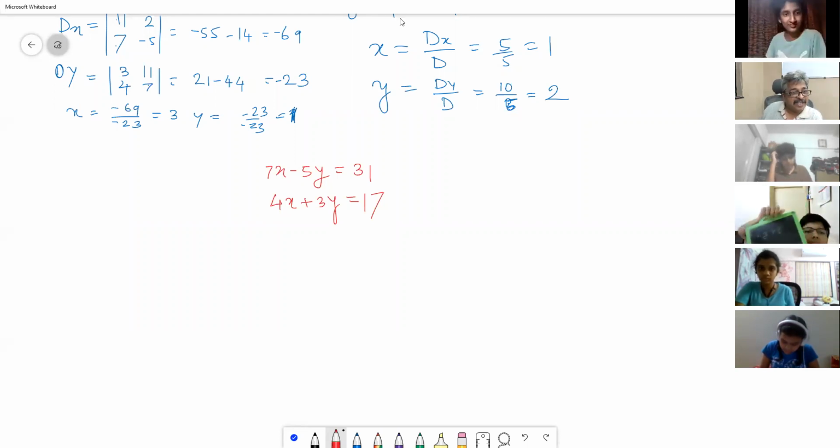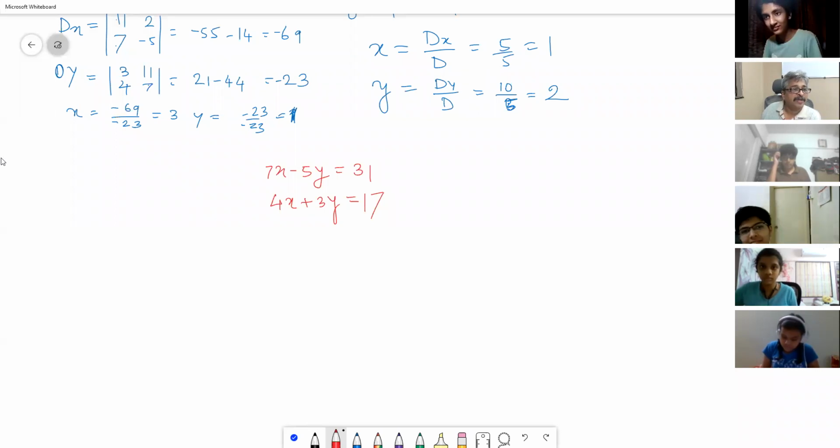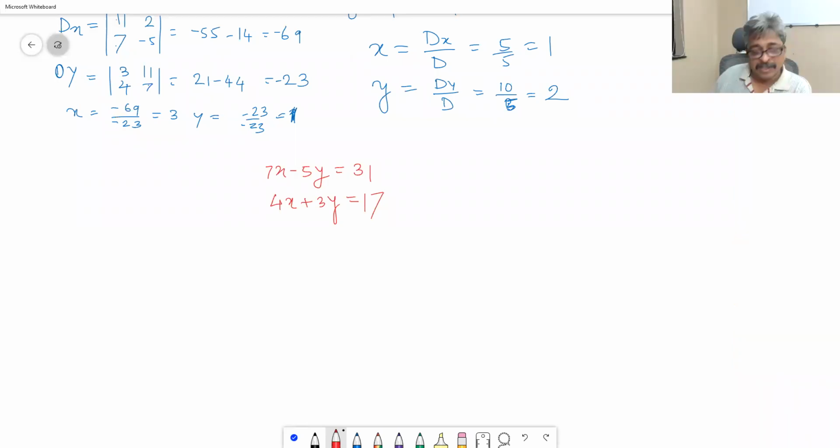But then I have done these calculations in my notebook. I need to disclose it to you how I have done it quickly. So now next problem. Okay, let me tell you the answer of this. Answer of this is 178. X is equal to 178/41. Y seems to be